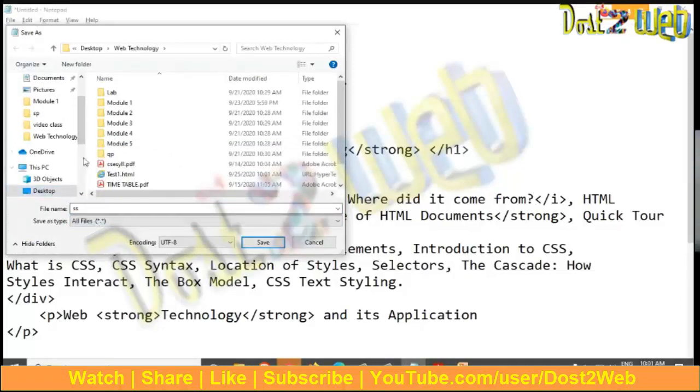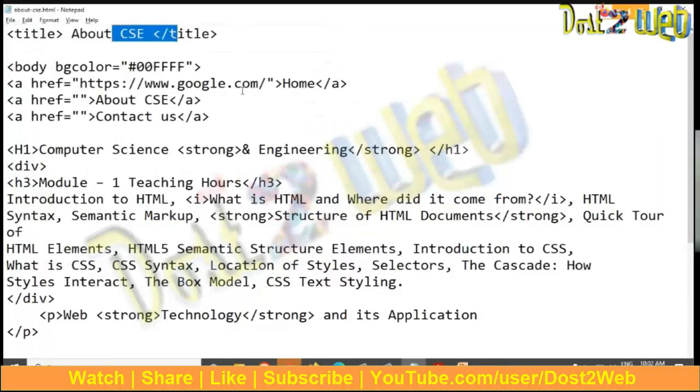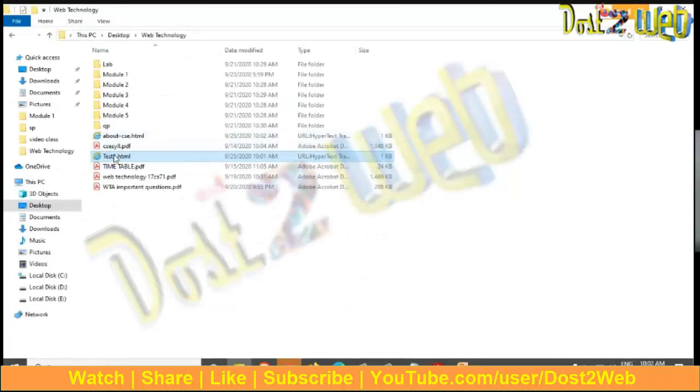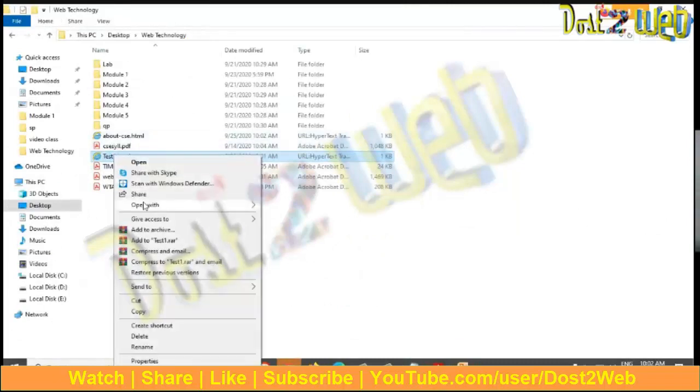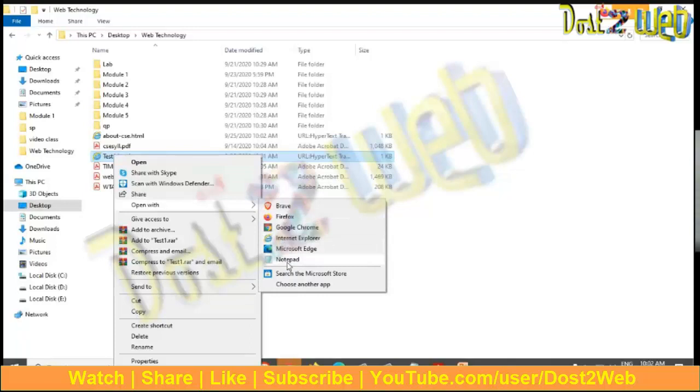Similar way, just go to save in your directory, and I will write here about-csc.html and just enter. Okay, now we have saved. So we have to open our main page.